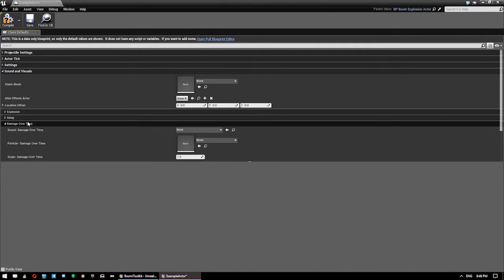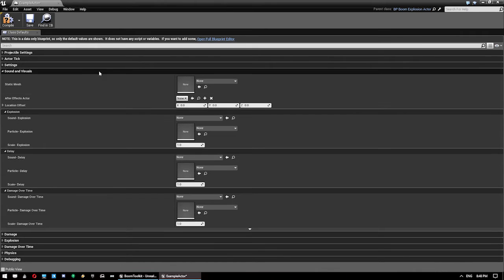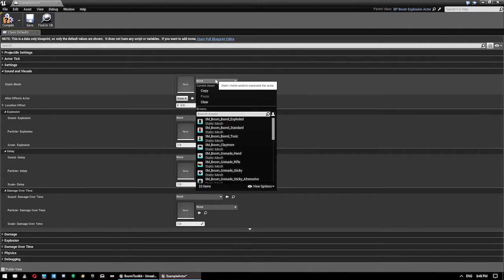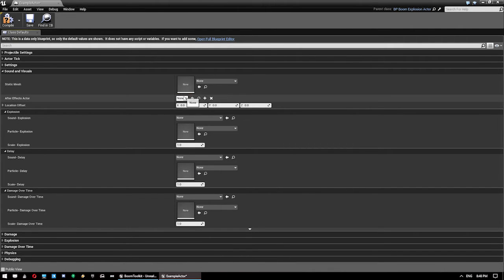Sound and visuals are all pretty straightforward. So you've got your static mesh for what it looks like, an After Effect actor, which we will go through in another video, but essentially that's something that hangs around after the explosion happens. So a toxic gas on a gas grenade would be a good example of an After Effects actor. And location offset, if you want, say,